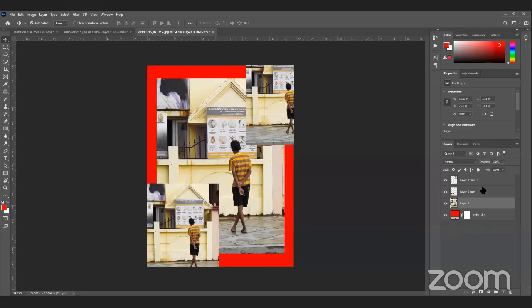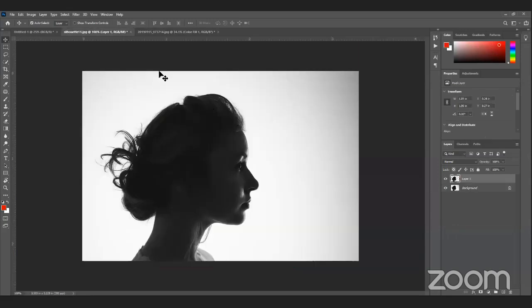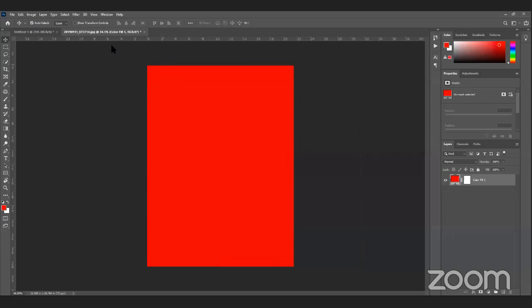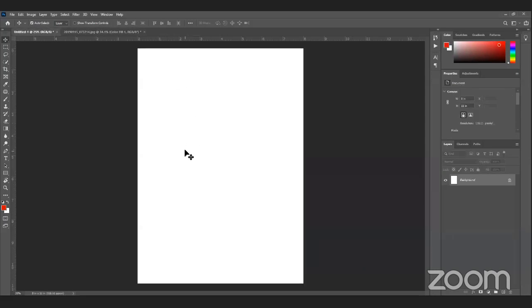So this is all what we did yesterday, and now moving forward, let's try without wasting any more time to move toward poster creation. How can you create a poster in Photoshop? Recently I created a poster for my team.